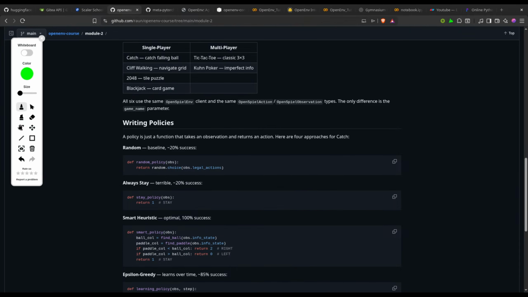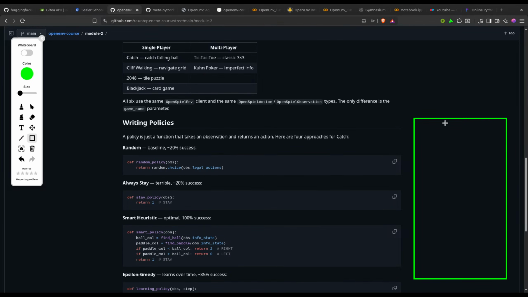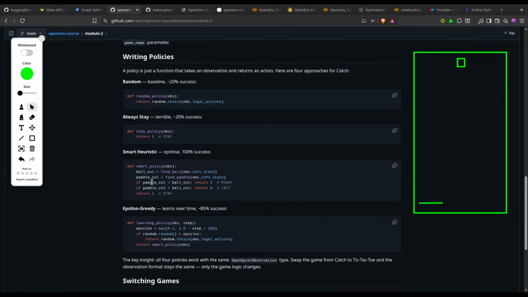Let me draw it, so that you can understand what I'm trying to say. Let's suppose this is what they are trying to say. This is a small ball, and this is what they are trying to say. So what they are doing is finding the position of this ball. In this case it was here, and they're finding the position of the paddle, which is here.